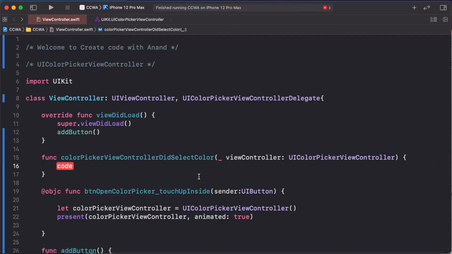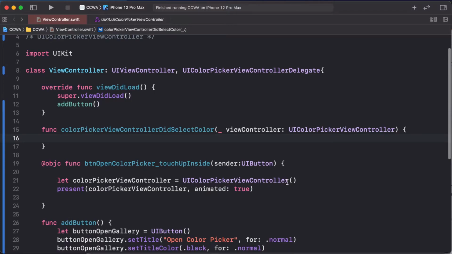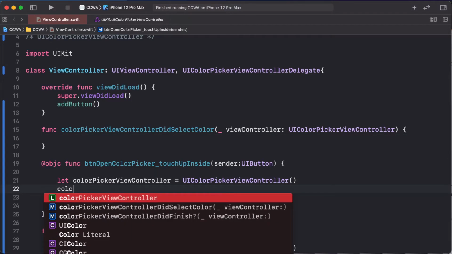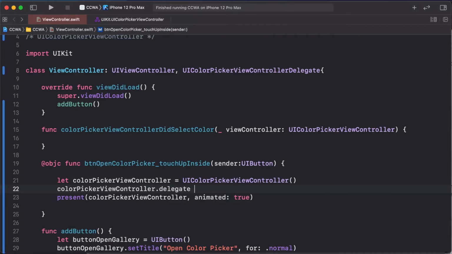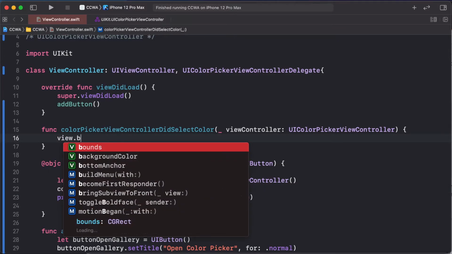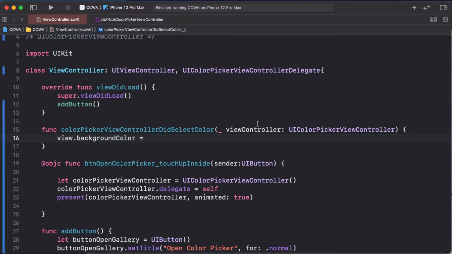Any time we select any color, this function is called by default, but before using this we must apply delegate self, otherwise it will not call this function. We are required to use every delegate method, so delegate self is required in the view controller. So view dot background color equals this view controller dot selected